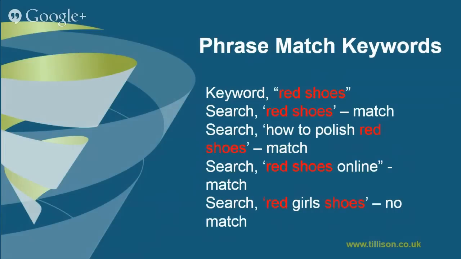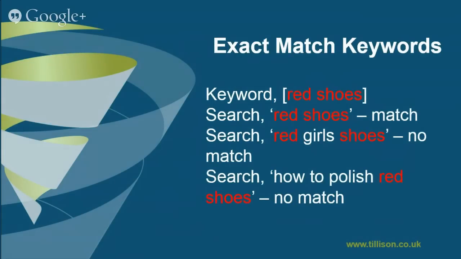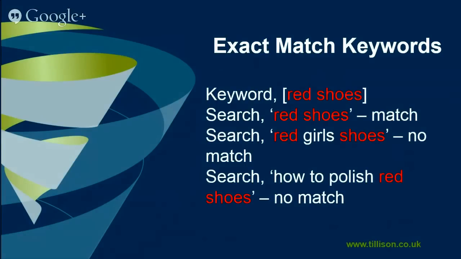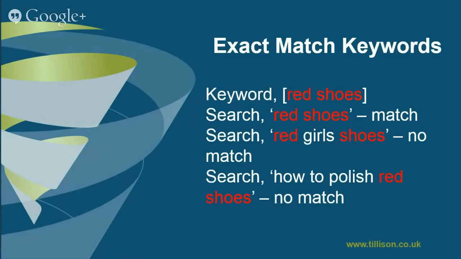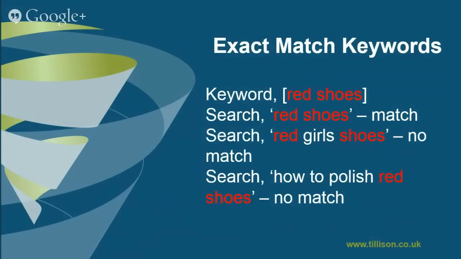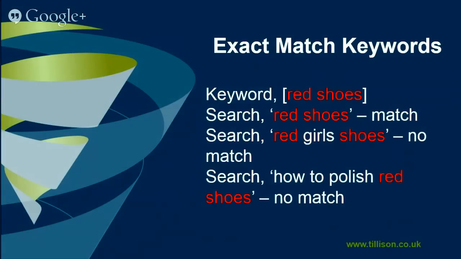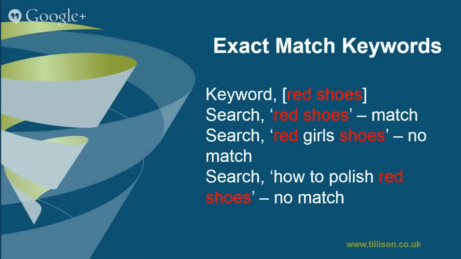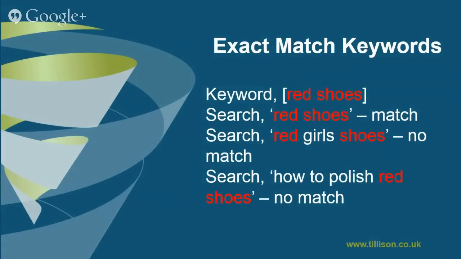So what's the next one? The final type of keyword is the exact match, which pretty much is what it says on the tin. It's exactly what you type in, apart from plurals or misspellings. So it has to be "red shoes" or a misspelling of red or shoes. It's obviously a lot more specific than the other types because you're in complete control of what you're matching for. So in an ideal world, you want to be using these as often as possible